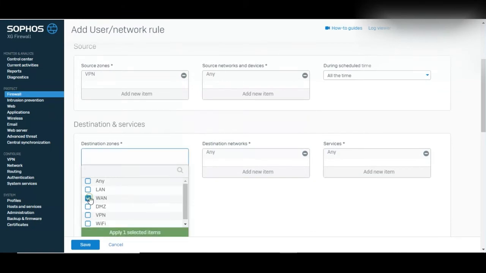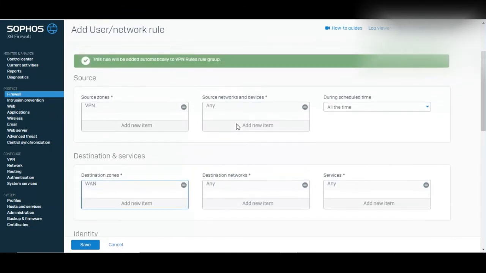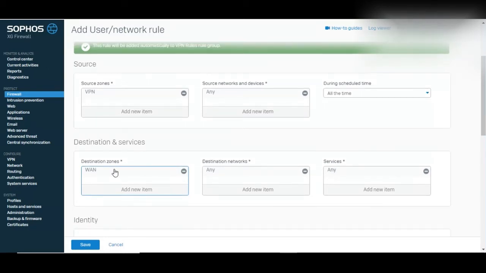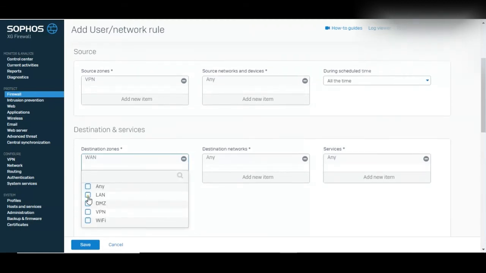Destination would be WAN because users' traffic is coming to the firewall and we are allowing it to go further to WAN in case the internet is required. Suppose a user wants to access some AWS servers and only the Office IP is whitelisted, so this traffic, once it comes to the firewall, will go on this rule. And in case the VPN is connected only for accessing internal servers, in that case please select the LAN zone over there, this one.